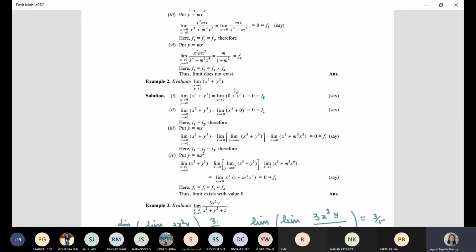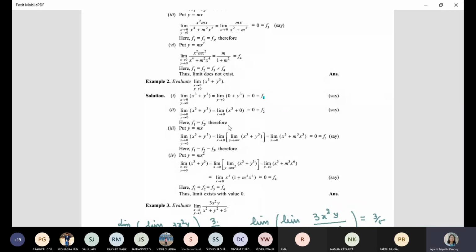Okay, ma'am. And this is the special case. When will you use this? When x and y are tending to 0, 0. Not in all the cases. Is it fine? Step 3 is followed when you have the limit tending towards 0, 0, x and y tending towards 0, 0. Make it very clear in your mind.